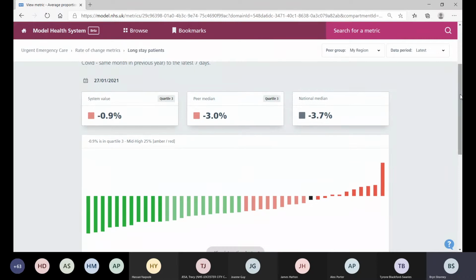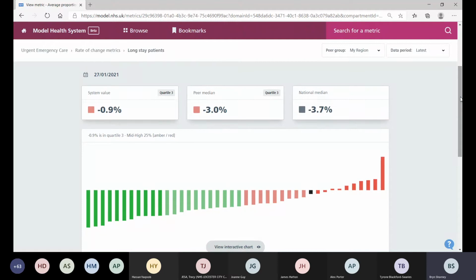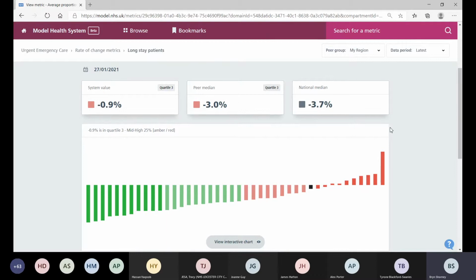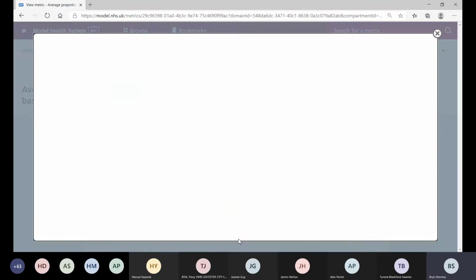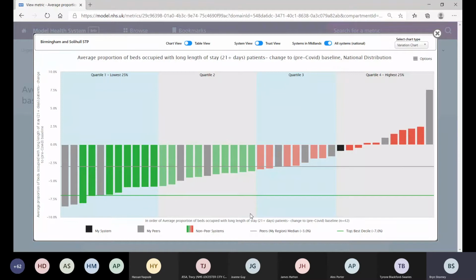And then once you've clicked into it, it's just the usual way that you would view the information. I'll come on to the chart functionality in a bit more detail in a moment or two. But what we've got here is the STPs in this chart, as opposed to the normal functionality you'd be used to from Model Hospital, which would have the trust view. So you can see the full distribution for those